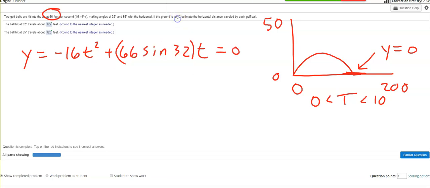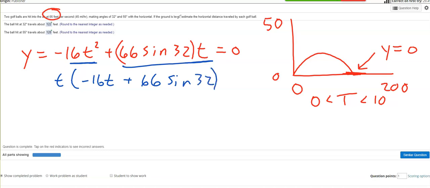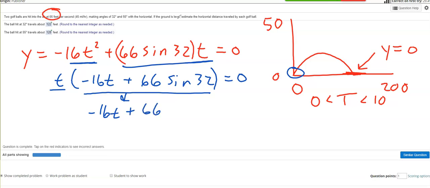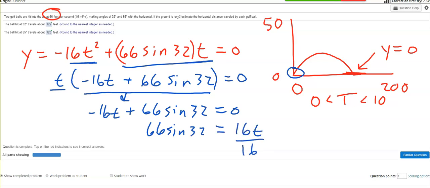Well, from our days in factoring, we can see that both of these terms have a t in them, so you can pull that t out, giving me negative 16t plus 66 sine 32 equals 0. And so you would set both of the factors equal to 0. The first one's easy to set equal to 0 because that's when the ball was hit, time 0. It's this other one that I really want to pay attention to, negative 16t plus 66 sine 32 equals 0. This would only happen if 66 sine 32 was equal to positive 16t, which would only happen if t was equal to